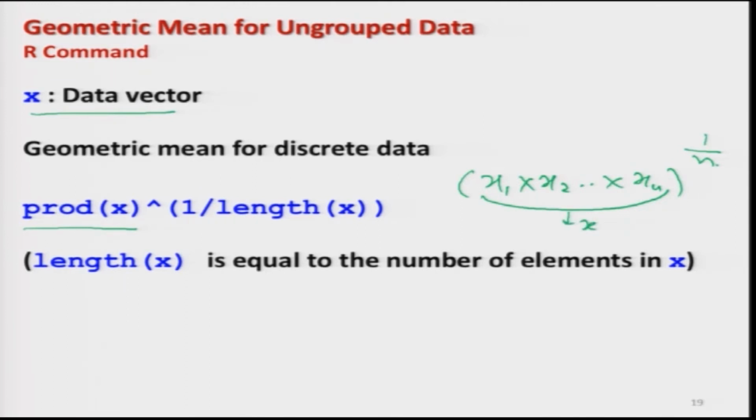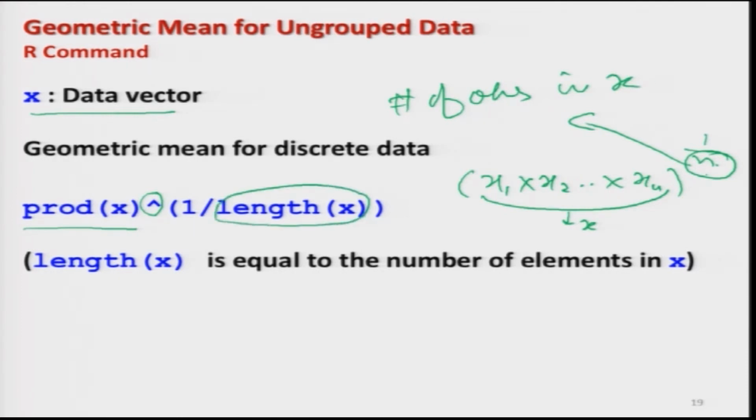For the power I use the hat symbol, and n is the number of observations in x, which can be determined by length of x. So, the power can be written as hat and inside the bracket 1 upon length of x. This is pretty simple.